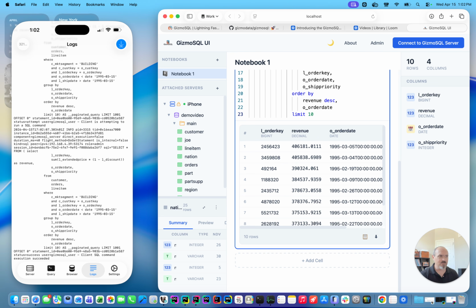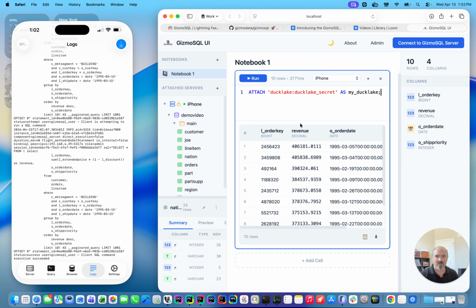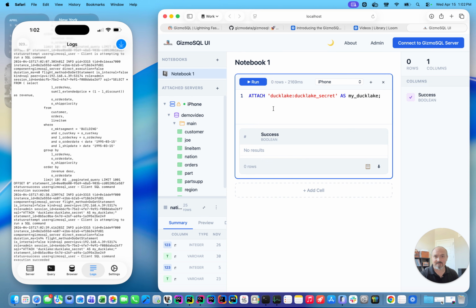So let's also connect a DuckLake. Let's get extra crazy here. I've already had a prefabbed persistent secret on the phone, so I will attach a DuckLake here. I'll attempt to. All right, so that did succeed. And so now if I expand the phone, I should see multiple catalogs, and indeed I do. So I've connected a DuckLake here,